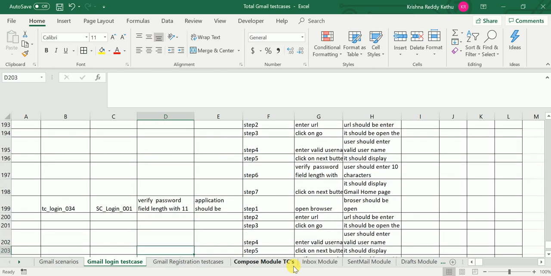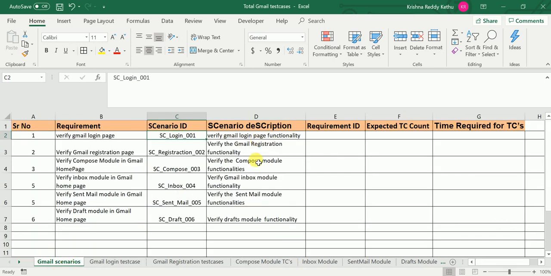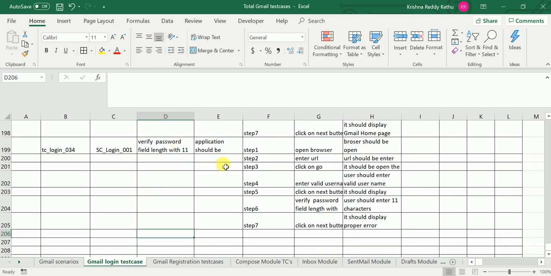Okay, like this way we need to write the GUI test cases, functional positive test cases, functional negative test cases, and field level validation test cases. So for any scenario, these 4 types of test cases we need to cover in our project. Whenever you get a requirement, first derive high level scenarios, module wise or functionality wise, and based on these scenarios we need to derive the test cases in this format.